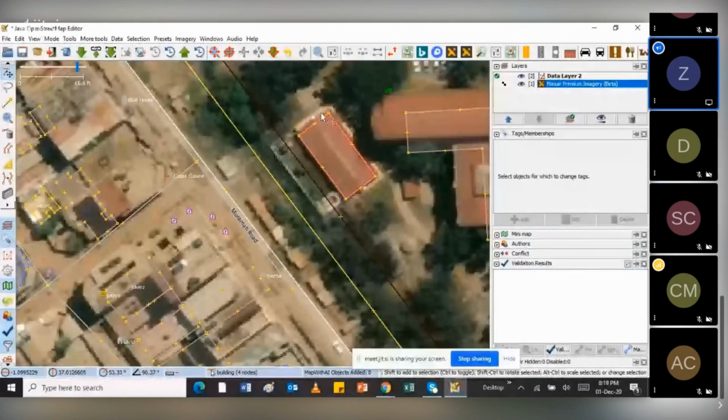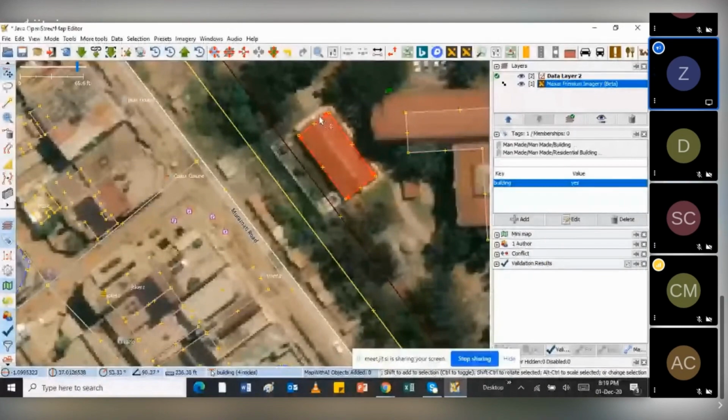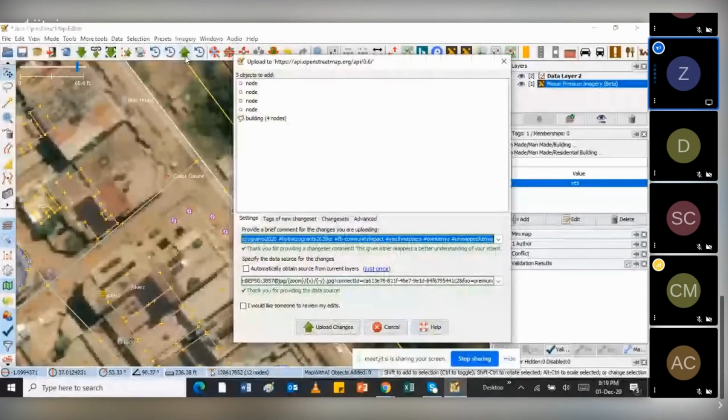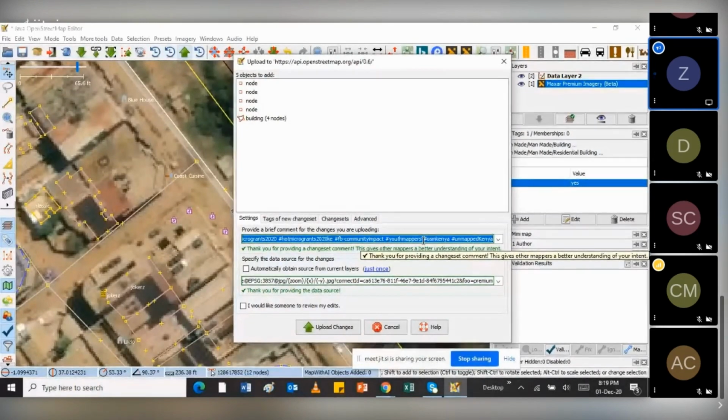Once I've done that, James also reminded us it's good to do that. So just click upload. Then you'll see there's also the part of providing a brief comment. I'm forgetting that project for South Sea, so that's why you're seeing this appearing.